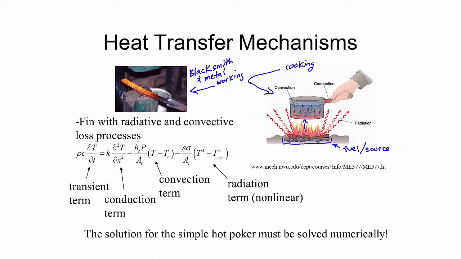But what's interesting about this is that there are different ways in which this hot environment interacts with this pot. And so shown here, for example, is radiative transfer, and that